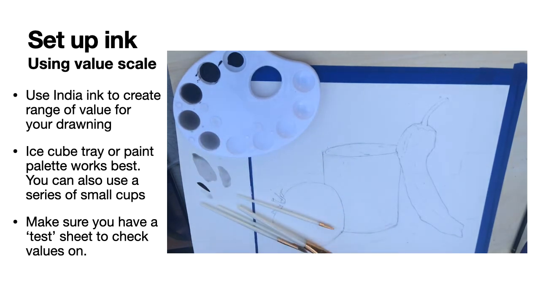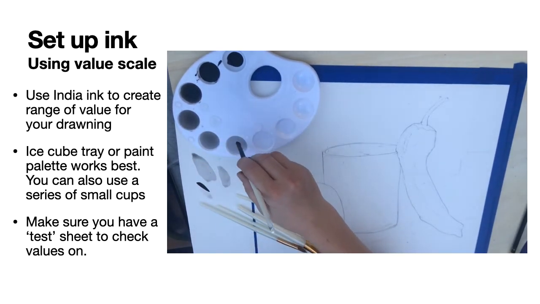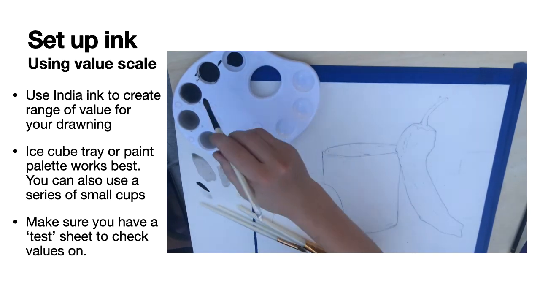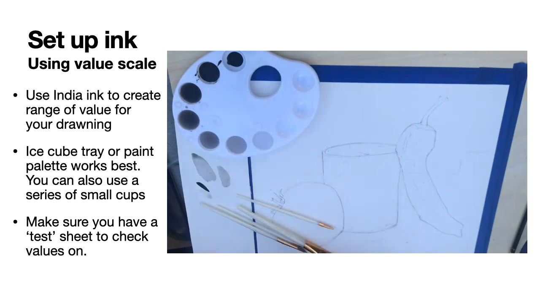If you don't have an ice cube tray or one of these little palettes, you can also use a few small little cups and set up your different values within them. But it makes it easier to have a variety of values set up ahead of time. One of your little trays can have the full ink in it, and then you start spreading out the ink in lighter ones by taking dips from the one prior to it. You can add a drop or two to the beginning darker values, and then you're spreading it out